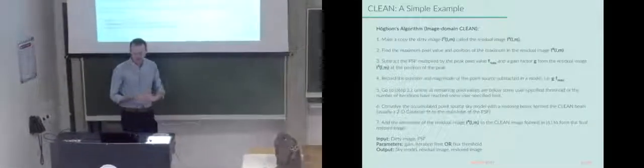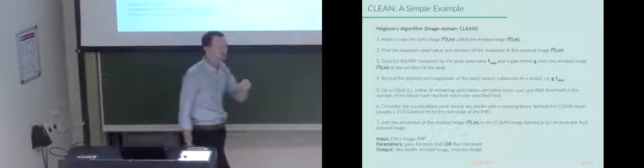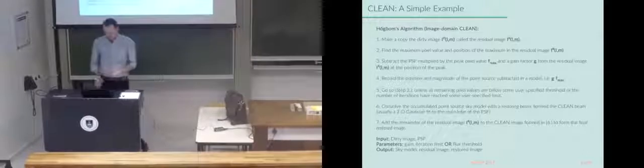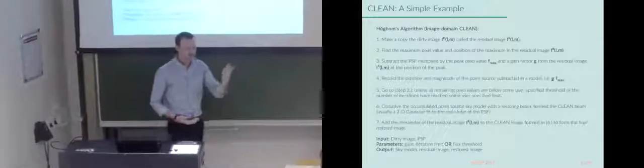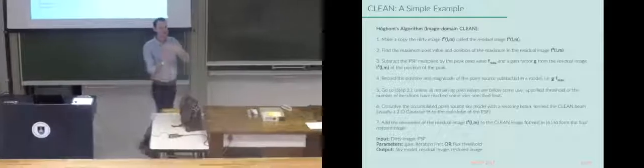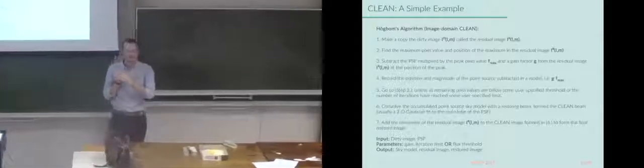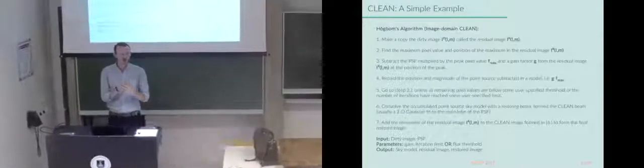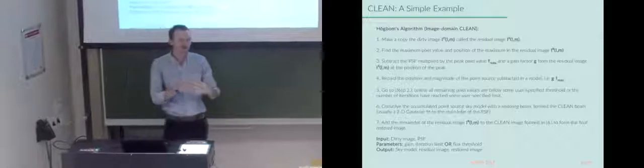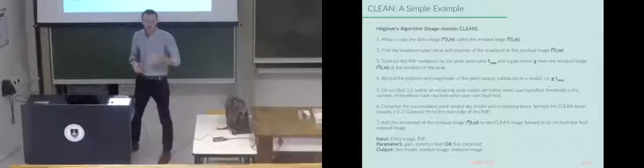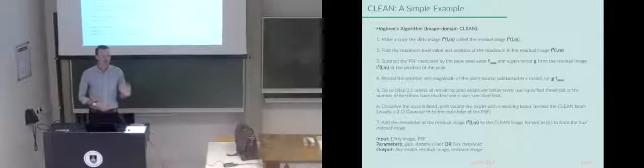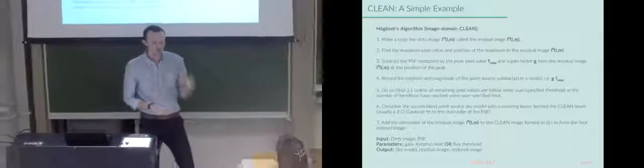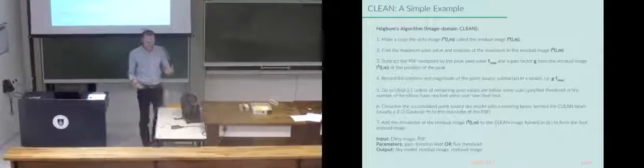So once you take out a little bit, you kind of make a note: I took out 1 Jansky of flux at this pixel position. And once you have that, then you can say, well, I'll position my PSF right at that point and subtract off a bit of that power, and now I'll have a new residual image because I've removed a little bit of flux involved with the PSF from my residual image. And then you just kind of start this process over and over again. You just keep on doing this until you reach, usually you have 2 factors. Either you have a maximum number of iterations, say you want to do that 1,000 times.